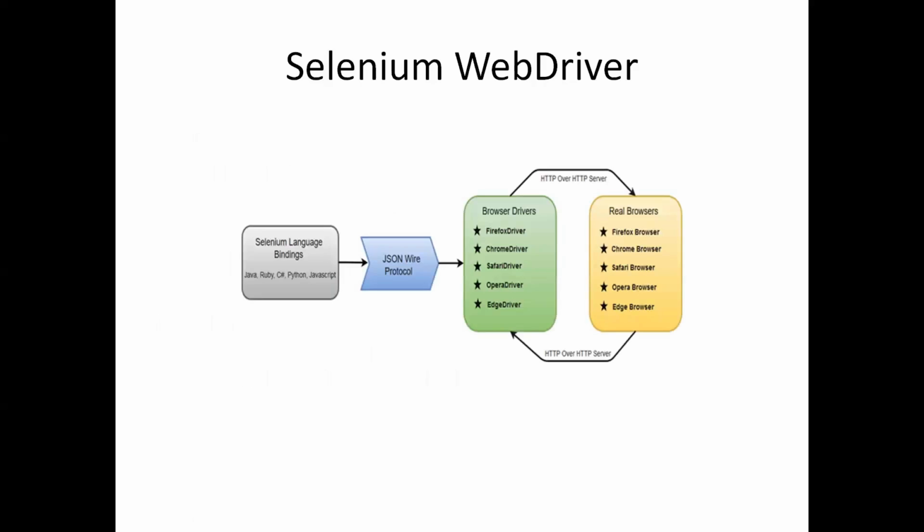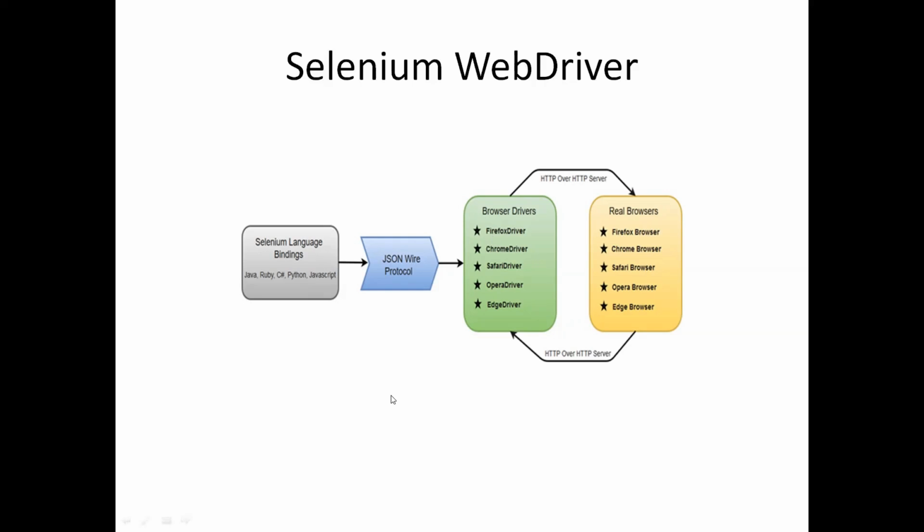And this is the architecture diagram of how Selenium communicates with the real browsers. You write a code and it uses the JSON wire protocol, which is a key value pair, which I'll be explaining in the next slide. Basically it says, okay, browser type is Chrome, with a number of instances, something like that. It uses a key value pair. When you invoke, let's say Chrome, you say WebDriver is equal to new ChromeDriver or new FirefoxDriver, something like that, right? So it is an interface.